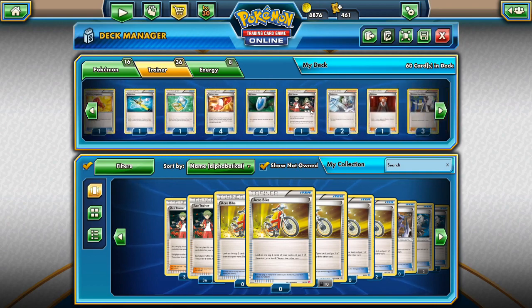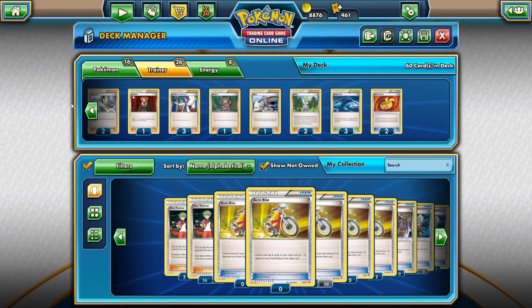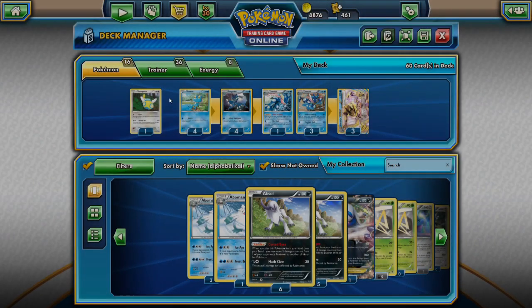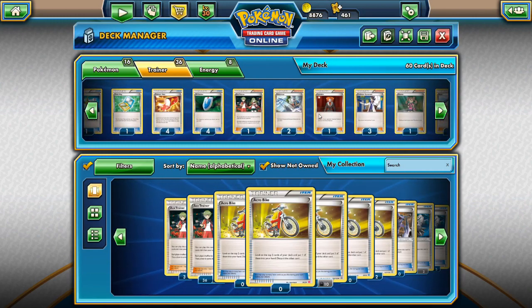That is not a whole lot, and healing off with Rough Seas is very easy. So either you can increase your damage output with Dunsparce possibly, or you can maybe stall your opponent from using Shadow Stitching with the Glare. That could be a possibility, but most likely the matchup will go to that person who has the most cards